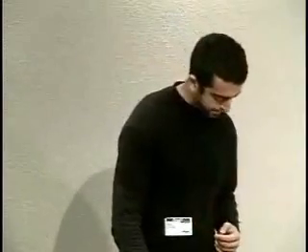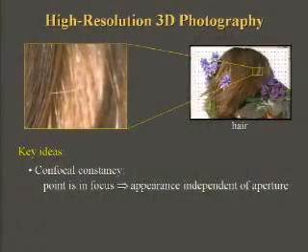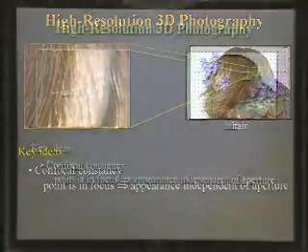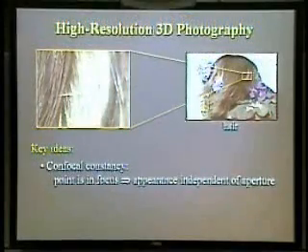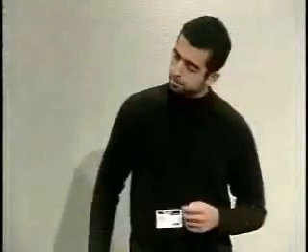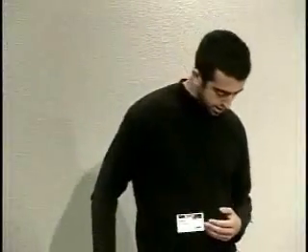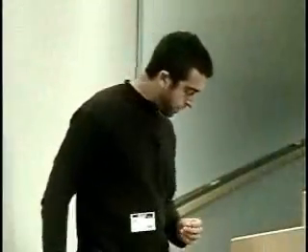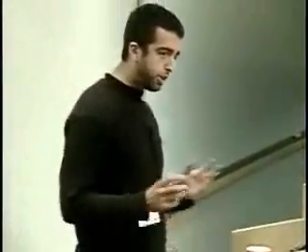So as a first step in this direction, I'm going to talk about a new technique that we call Confocal Stereo, and this is specifically designed to reconstruct scenes of very high geometric complexity. Our Confocal Stereo method is based on 3 ideas. The first and the most important one is that we can radiometrically correct, calibrate the lens, so that under very mild assumptions on the scene radiance, we can say that the color and intensity of an in-focus point projecting to a single pixel will remain unchanged as we change the aperture setting.